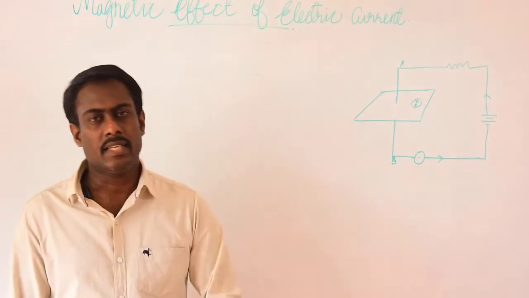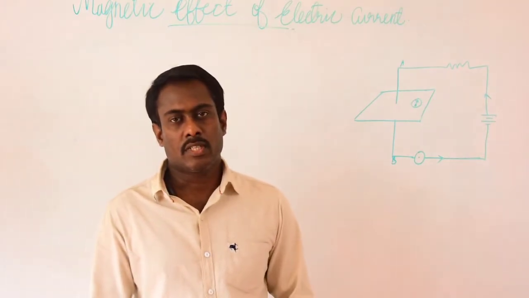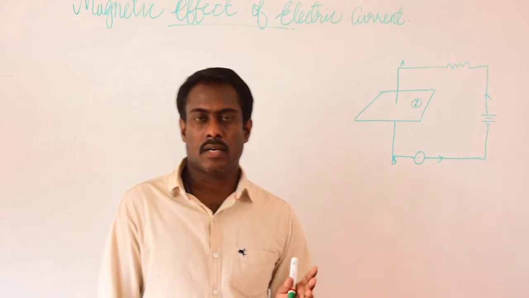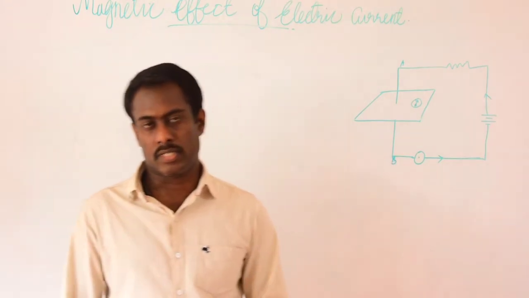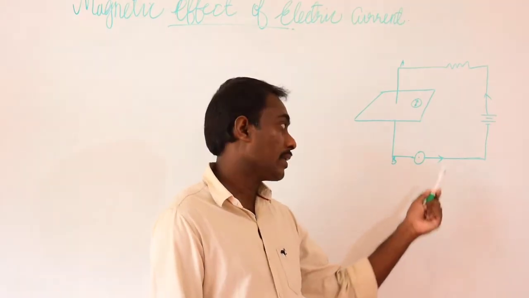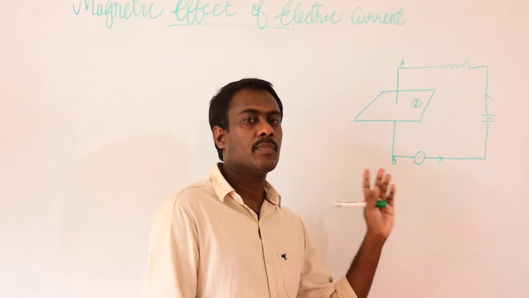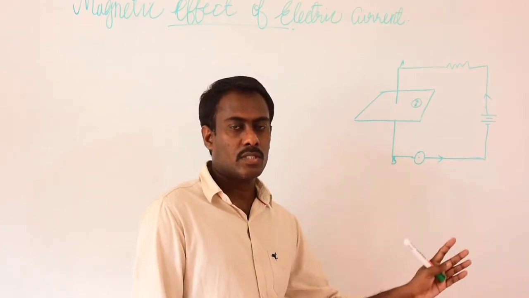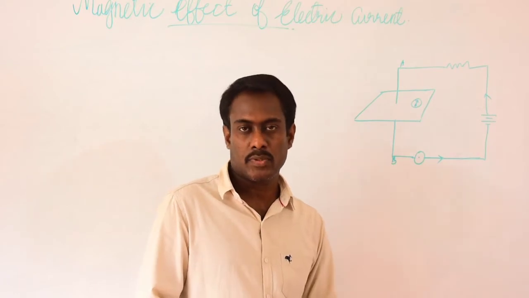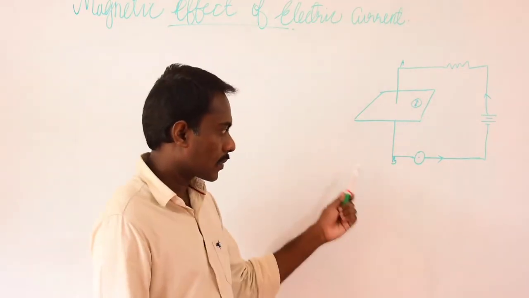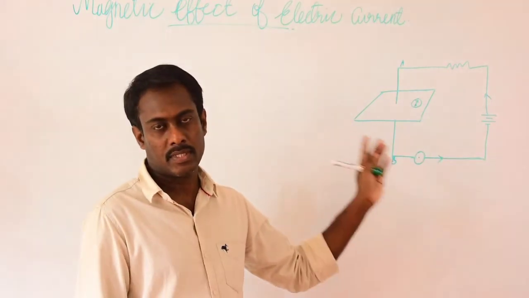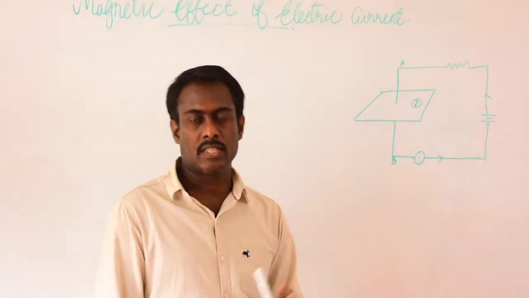This was accidentally discovered by a scientist named Hans Christian Ørsted. The discovery of this magnetic effect of electric current then led to the technologies of radio, TV signals, and a lot of technologies in the future. Therefore, the unit of the magnetic field is named after the scientist Ørsted.